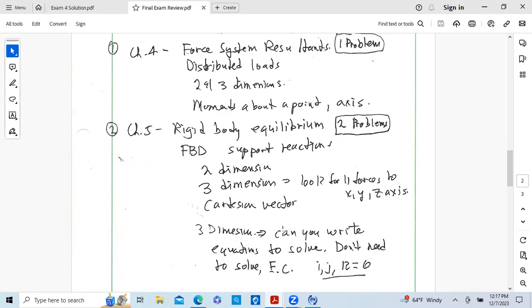And then the equations, you add all the I components. Say you have 3 unknown quantities. So you have 3 I components, 3 J components, and 3 K components. You add the I components together, you have an equation. The J components added together, you have an equation. K components you add together, you have an equation. Set the IJK equal to 0, and those are your 3 equations. And you can solve,